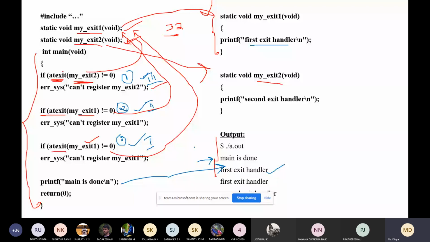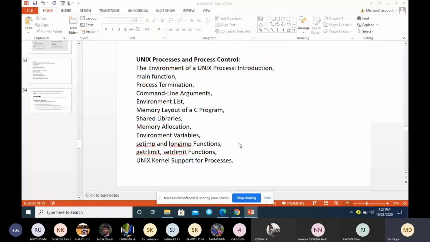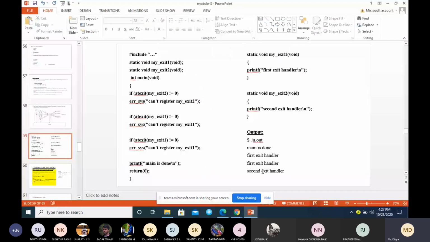What is there in exit 1? Again, first exit handler. And third, which one will be called? This one. Okay, that is my exit 2. What is there in my exit 2? Second exit handler. So that will be displayed here. You can see how the atexit function will call the functions in the reverse order.